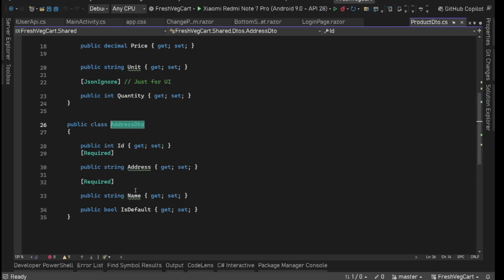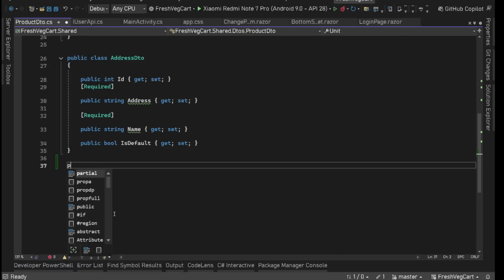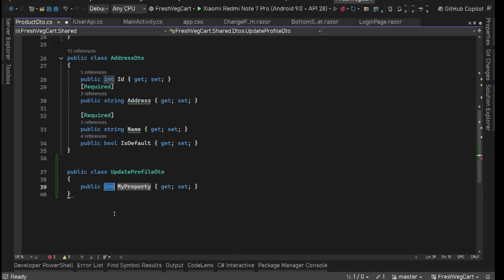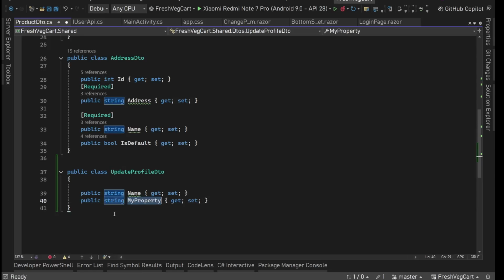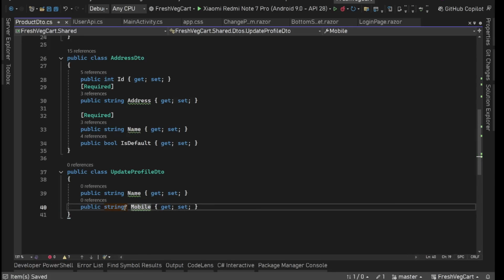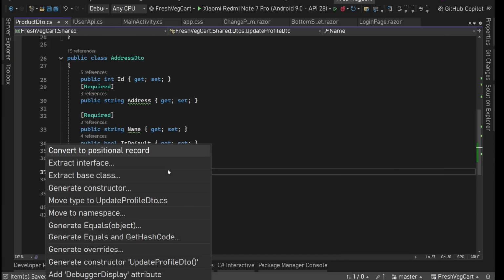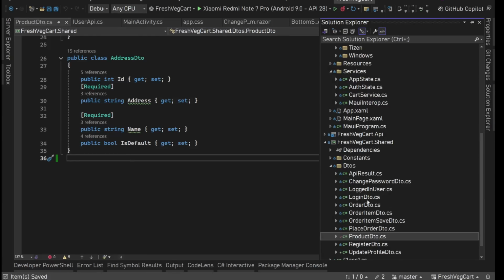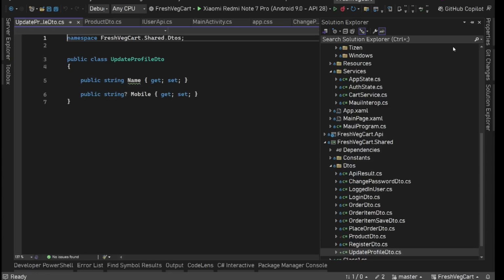So we'll simply go to our DTOs and we are going to create a simple DTO here. We can say public record, or not record, we'll say public class, and let's say UpdateProfileDTO. We are going to have two properties here, Name and Mobile Number. This mobile number is going to be a string because this is what we have in our entity. Let's move it to a separate file where is UpdateProfileDTO,